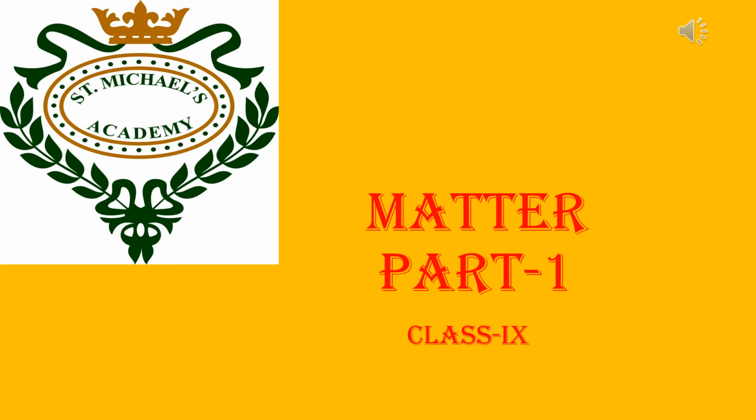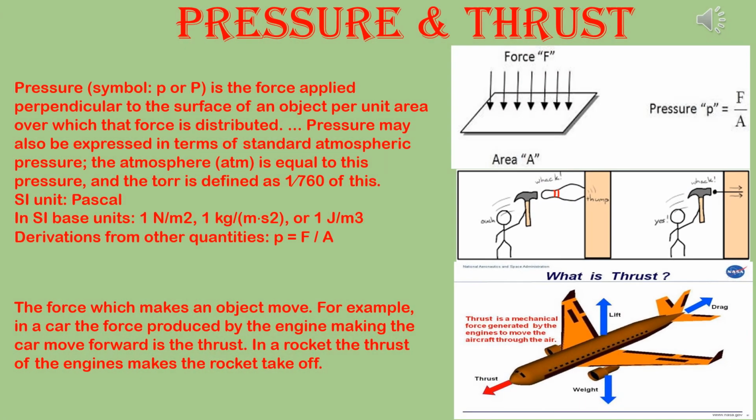Today I am going to start matter. Most of the matter is found to be in one of three phases: solid, liquid, and gaseous. As liquids and gases are capable of flowing, they are commonly called fluids. A liquid has definite volume but no definite shape and always takes the shape of the container. On the other hand, a gas like air has neither a definite shape nor definite volume. It occupies the whole volume of the container.